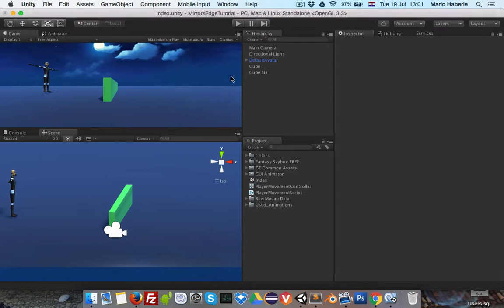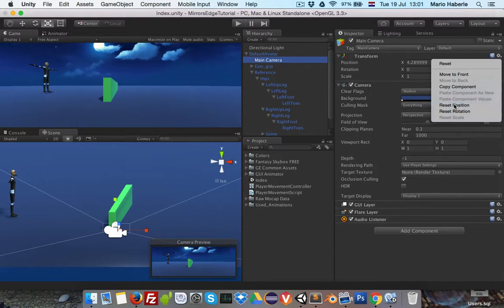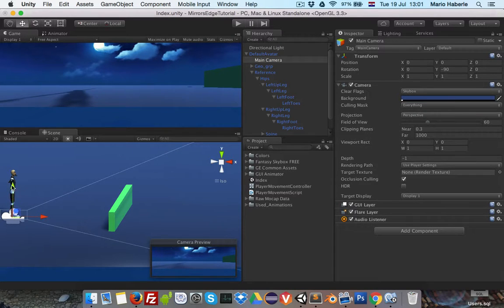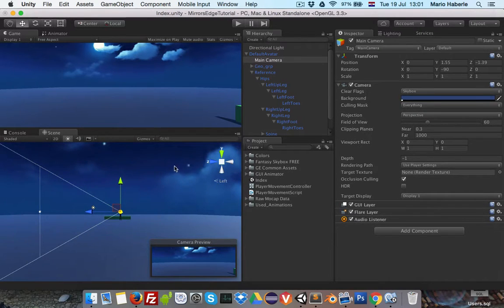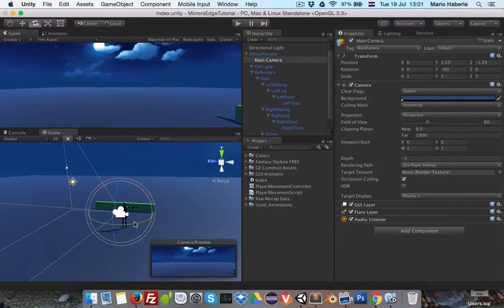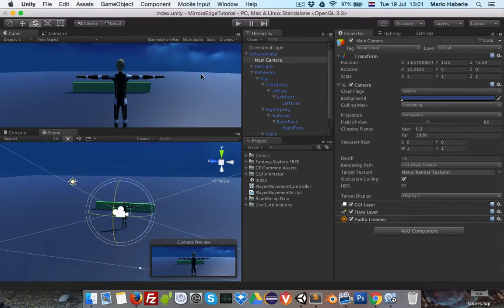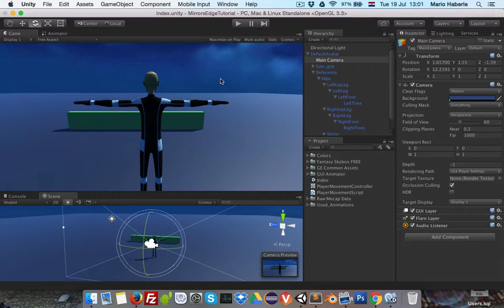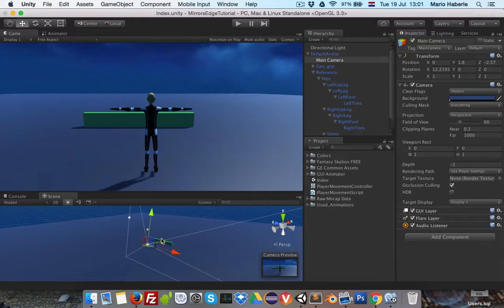Okay, first of all I want to set up the camera somewhere in the player, so I'm just gonna reset position, put it as a child and move it. Rotation needs to be 0. Okay, I will just zoom it out a little bit like this so we can see what's going on. And if I hit play,